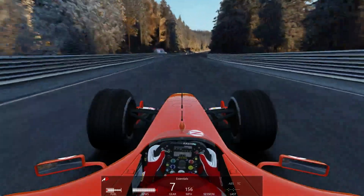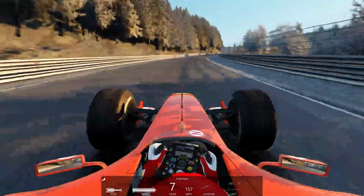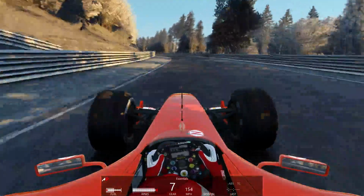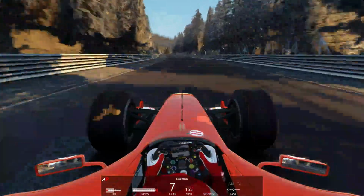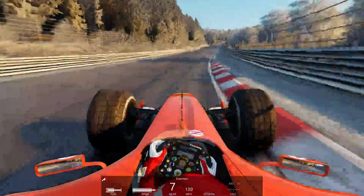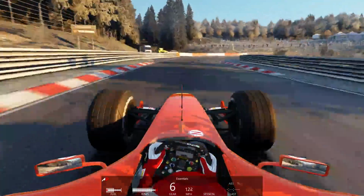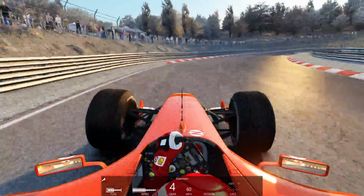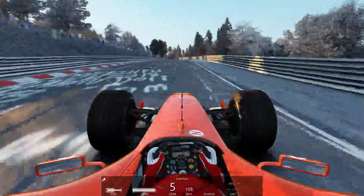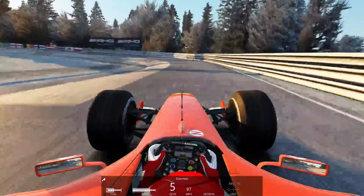And this track is actually really kind of pretty with all the frost on the trees and stuff. I think the game took my date off my computer and set what the track would look like in the end of November, which is very pretty. I just wish that I had more time to actually stop and... Ooh, bit of a slide going on. Wish I had time to actually stop and really admire...